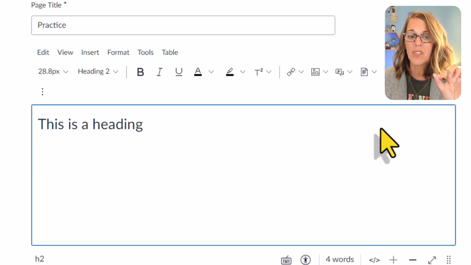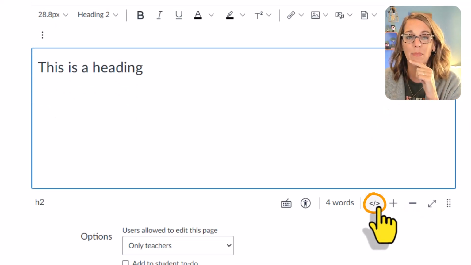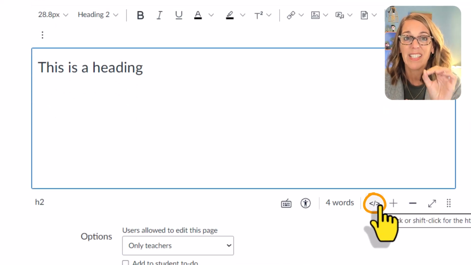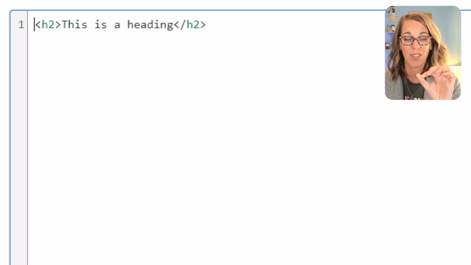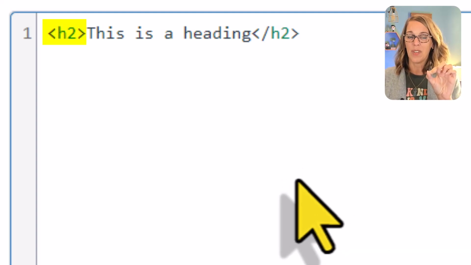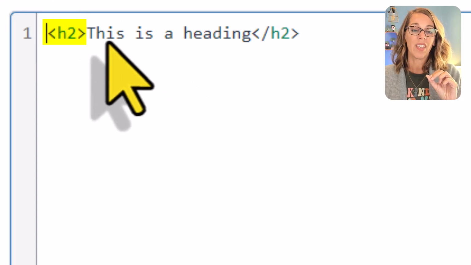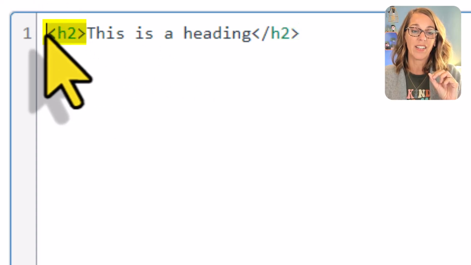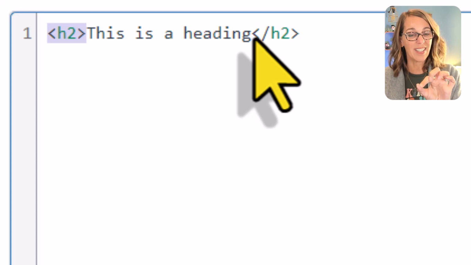So if I scroll down to the bottom of my rich content editor, I've got this little symbol right here, and the symbol is the HTML code editor. So I can click that to toggle over and take a look at what I've got. I've got H2, that was for heading 2. Our title is heading 1. So H2, it opens with that, and then my text, and then it closes with the